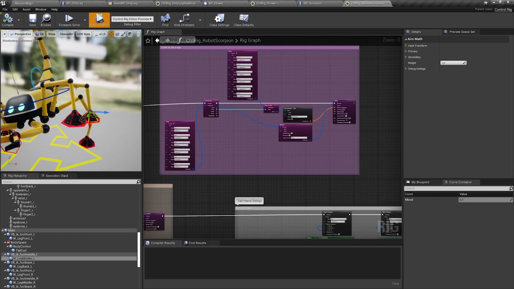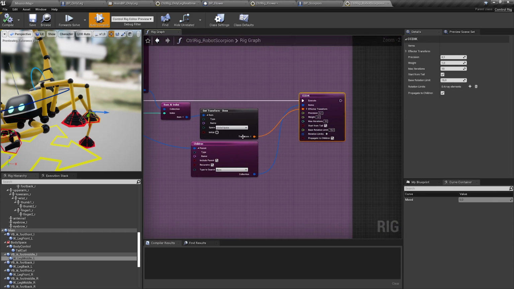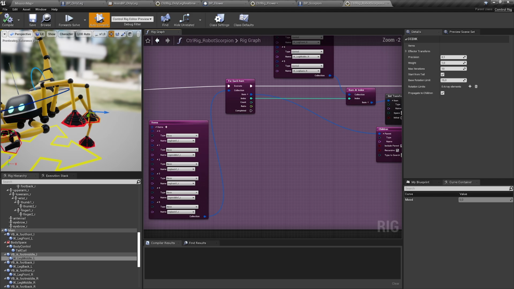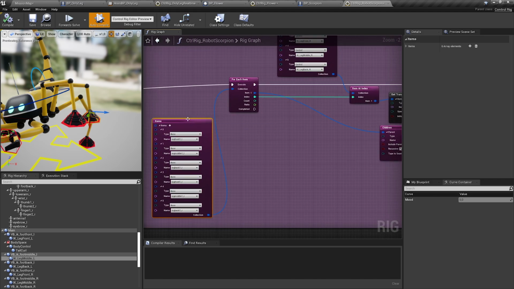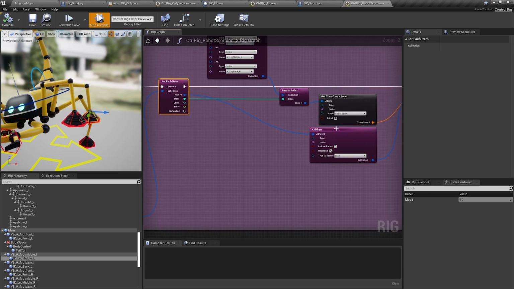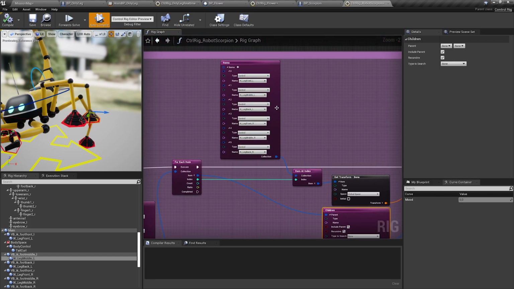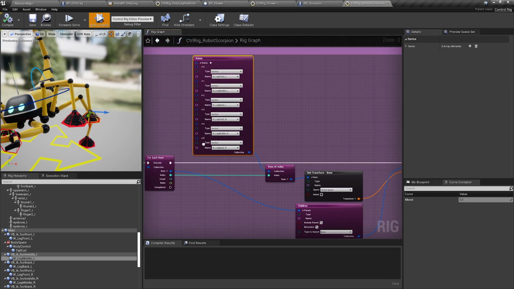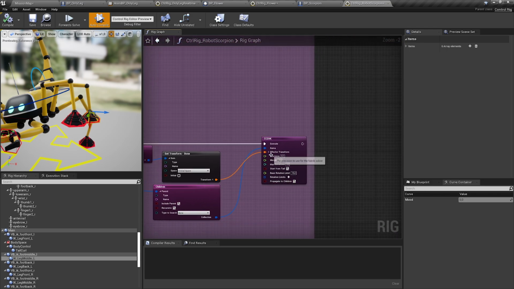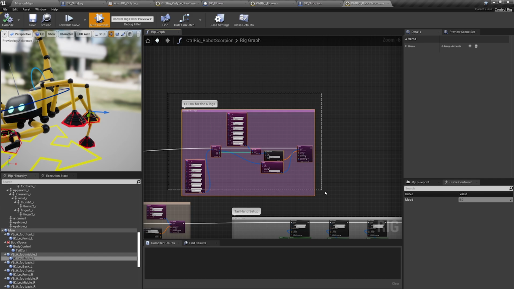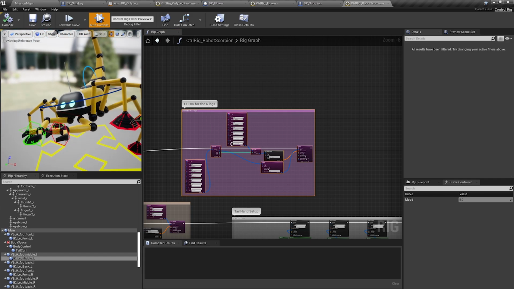So I didn't want to have a big graph. So here's the setup I came up with. It is using CCDIK and again a collection of items. In this case, I'm starting with the bones that are attached directly to the body here and iterate over them. And then I get the children, and this is what I use as an item chain in CCDIK. And then here I have the list of controls which are in the same order as my bones, and so I can use the index and use the transform of that as an effector. So that's basically the whole setup for all 6 legs.